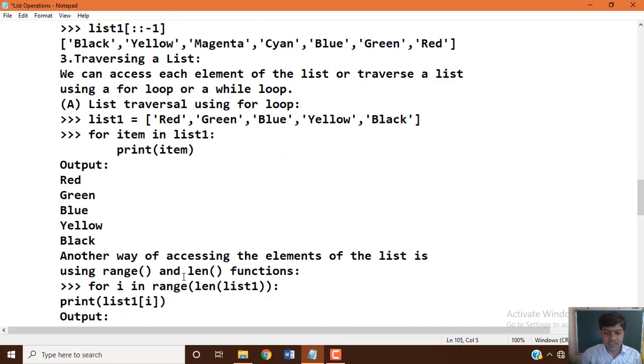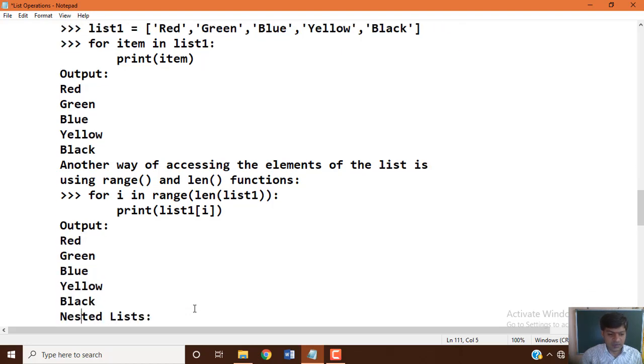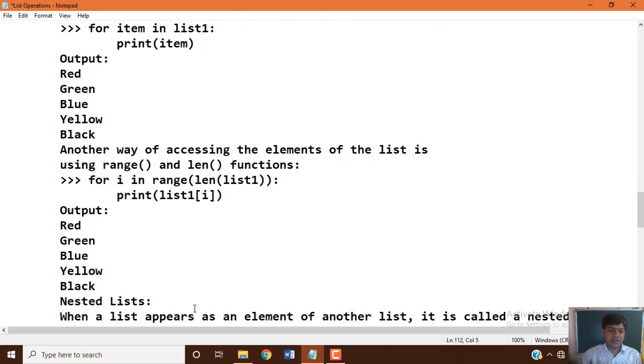Another way of accessing the elements of the list is using the range and length functions. For i in range of the length of the list, the length is calculated and the variable is incremented by one each time to access all the elements. That is how traversing takes place.